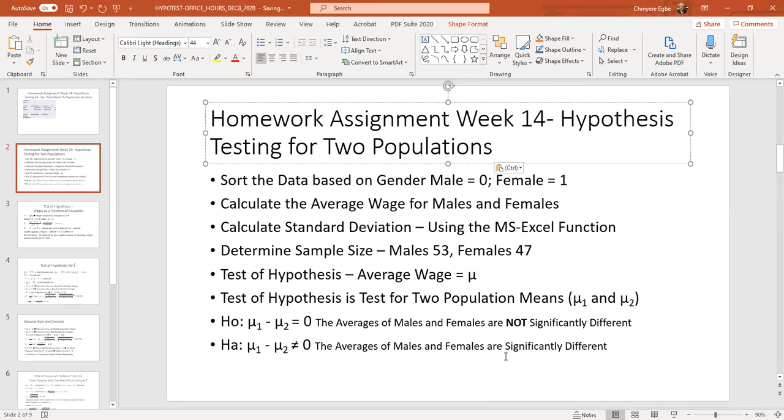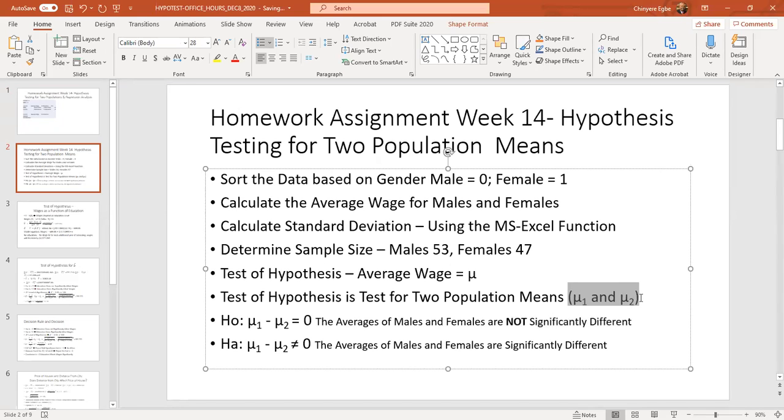Now, when you go to do the other part of the assignment, that is regression analysis, which we have already gone through, so I'm not going to do that. I just did this because some students were asking. You asked us to compare the males and the females, but you gave us no information. So the information is here, and your objective is to do a hypothesis test to compare two population means, mu1 and mu2.